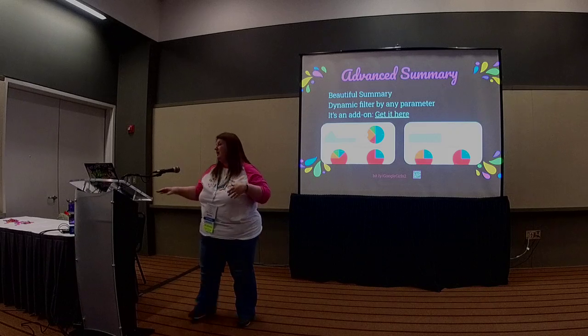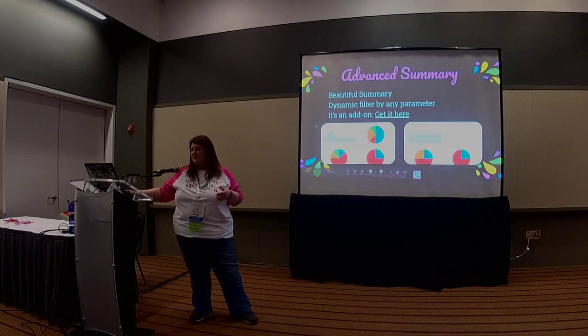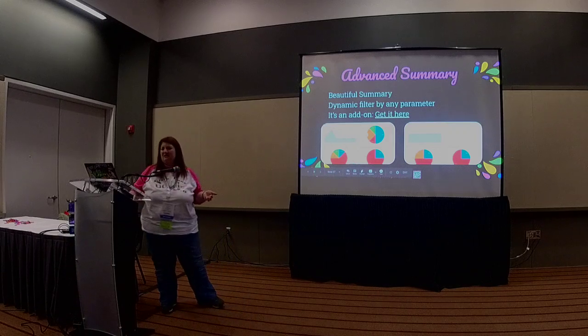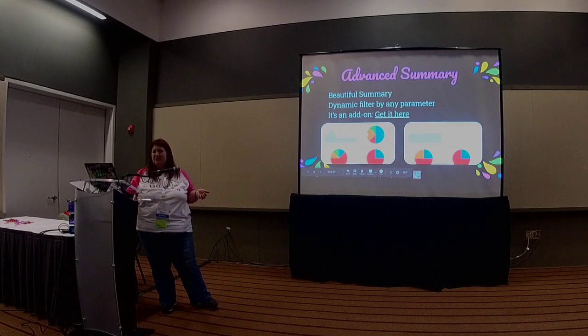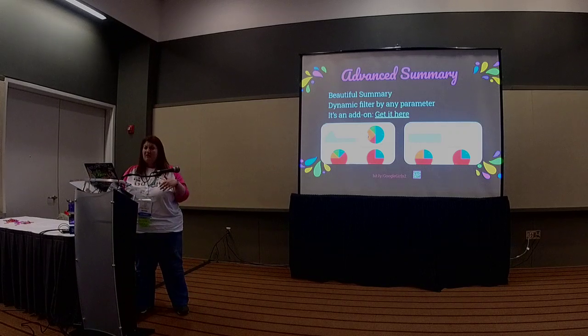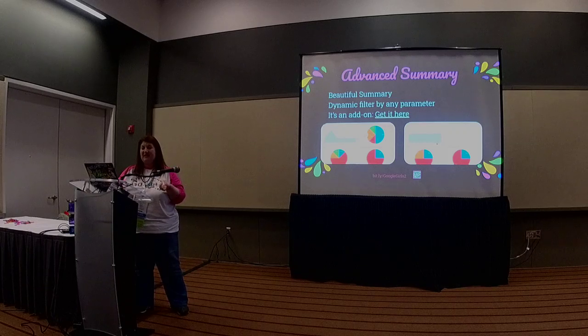So for example, this is what it looks like when you first open it up with all of the results, and this was only 8 people who took the survey. It was something I did in a small group. You can see up here, this asks all of the grade levels that they taught. Then using Beautiful Summary, I was able to filter that so that I was only looking at the data for the 3rd to 5th grade band. So these pie charts change from here to here because I'm only looking at the people in 3rd through